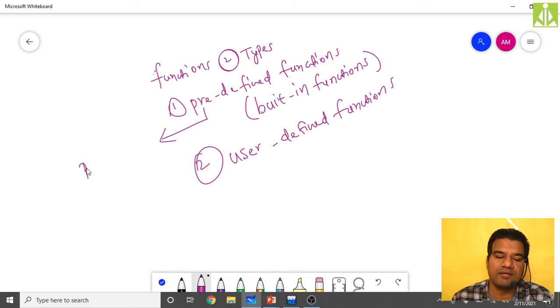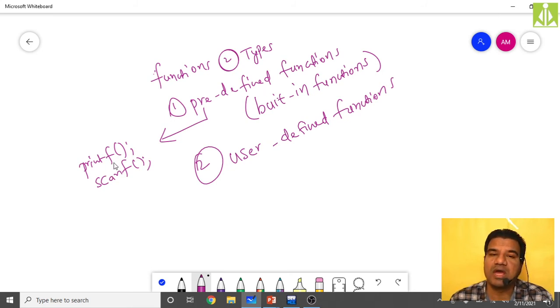Example is your printf. Your printf function we used many times in our programming. And your scanf function, this also we used many times in our programming. Printf and scanf, these two are built-in functions or predefined functions for which we are remembering only how to use them, how to use this printf, how to use this scanf.